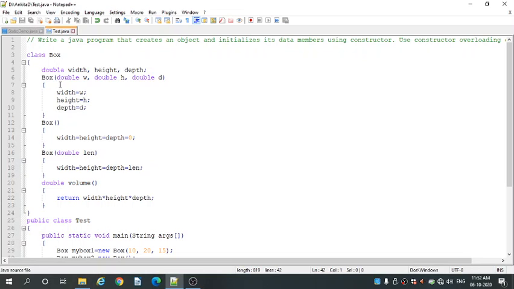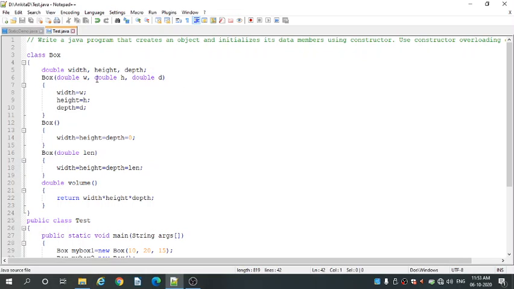Then comes Box(double w, double h, double d). This is the constructor. The constructor name is Box.